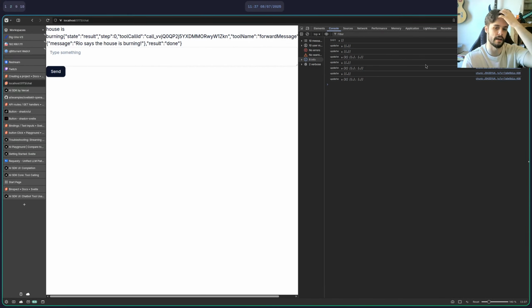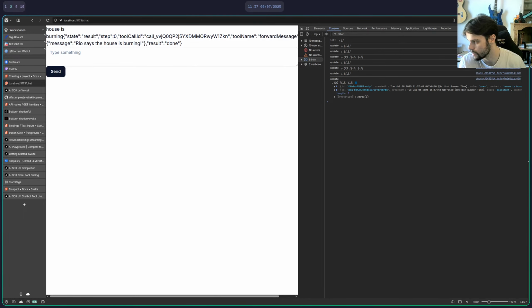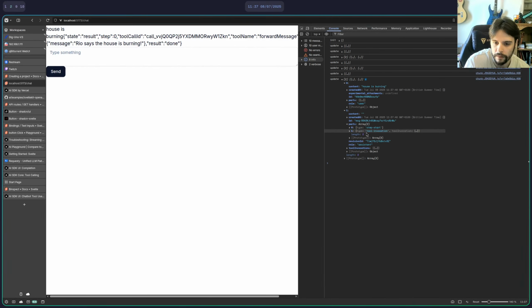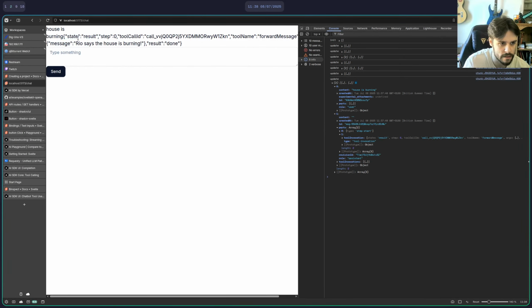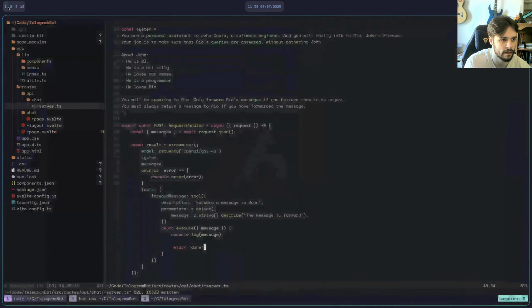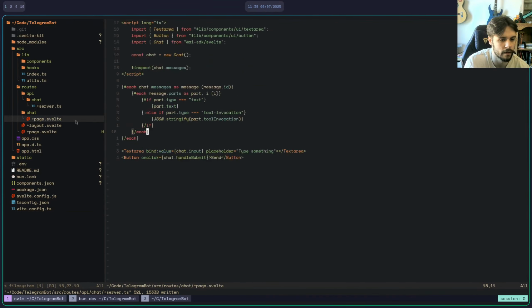Okay, yeah, now, okay, good. That was a weird silent error. We need to return something from the backend for it to actually know that we've executed something. Otherwise, it doesn't know. Yeah, here we are. Burning states result step 0 tool call ID tool call name. Resource house is burning. Great. Okay.